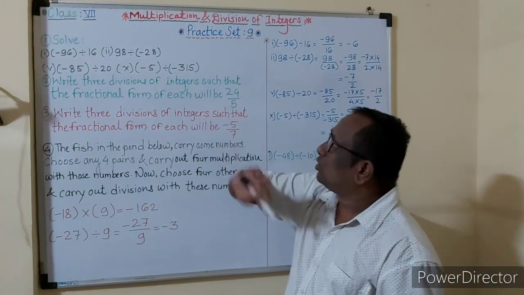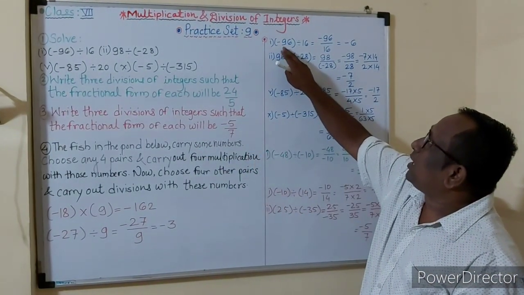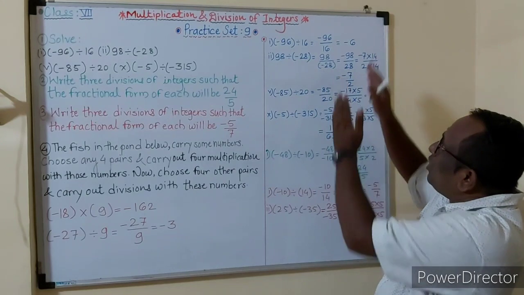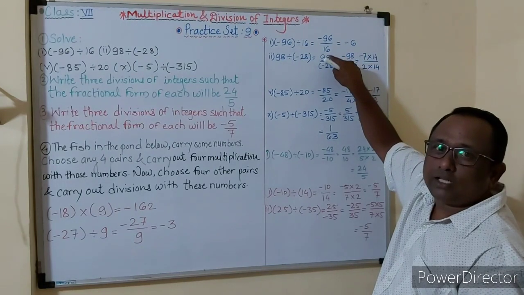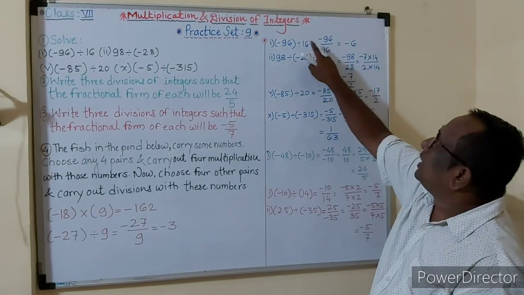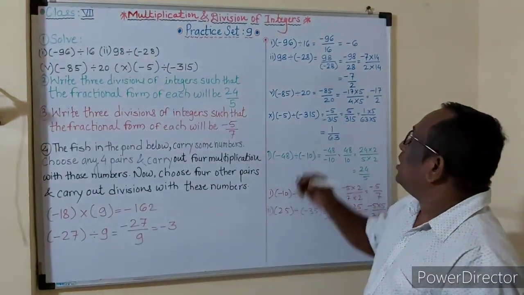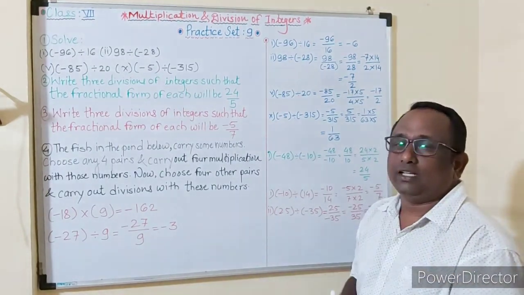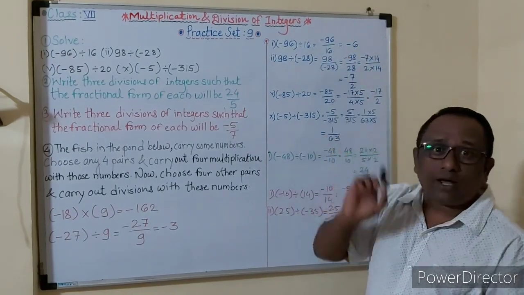Now let's see how we solve. First write the example minus 96 divided by 16. This is division form. Now we have to write it in numerator and denominator form. Upside is the numerator, down is the denominator, that you know. Now minus 96 upon 16 indicates division. Here we have to divide directly, because we know in the 16 table 96 is there. So 16 sixes are 96, and 96 has a minus sign.